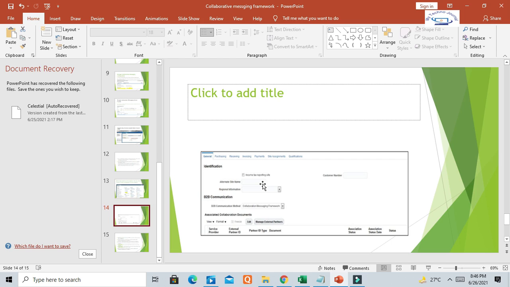Once the setup is complete, what is the flow? You need to create a requisition and a purchase order. You can create it either manually or through SSP, self-service procurement. Once you create it and the purchase order is approved, automatically through this framework, the collaboration messaging CMK tool, it will transmit the purchase order document and it will be available in Oracle Supplier Network.